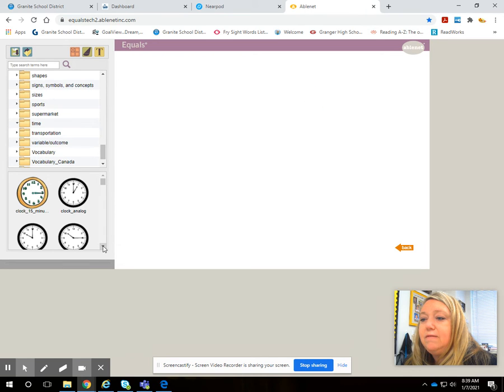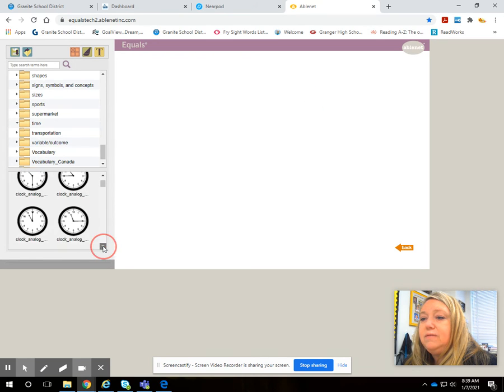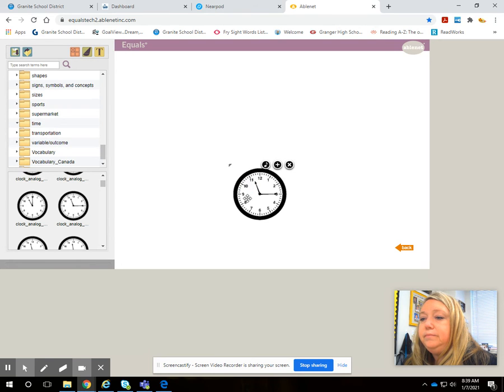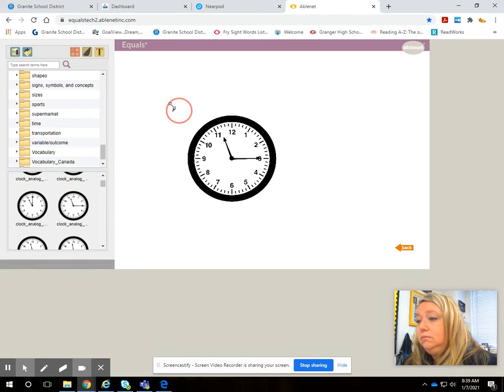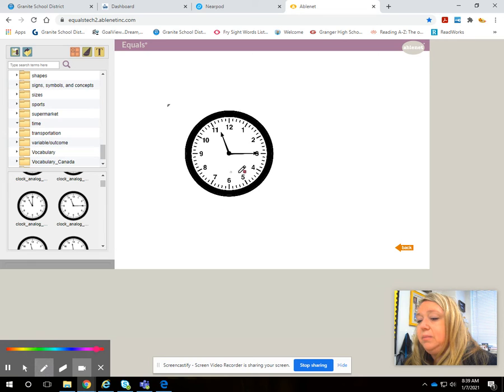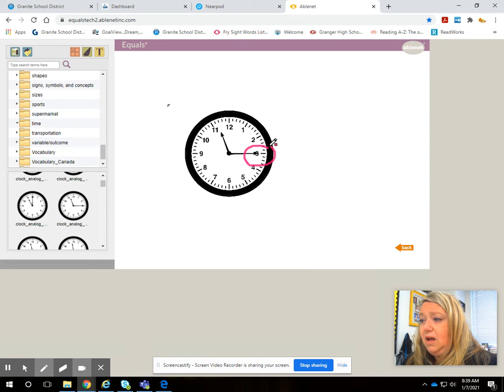Let's see if we can find another example of a 15. Here's one. Okay, in this example, the long hand's pointing at the 3, so I know it's a 15. And my little hand is pointing a little bit past this 11. Okay, so it's 11:15 in this case. Okay. All right, let me do one more example on here